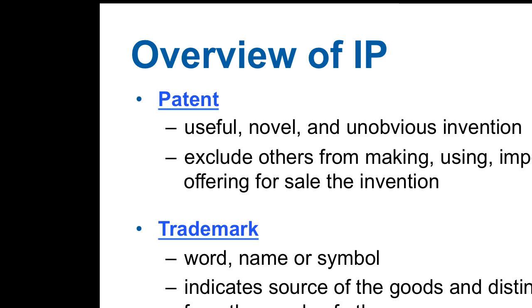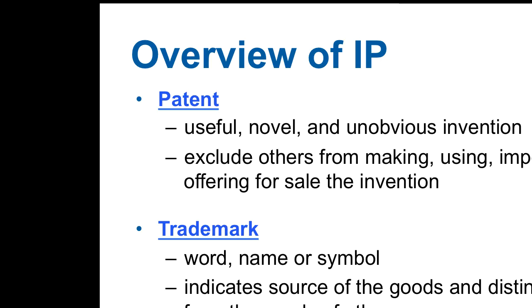So, there are four categories of intellectual property: patents, trademarks, copyrights, and trade secrets. Each one's a little bit different. Patents cover ideas. You have protection over ideas that are useful, novel, and non-obvious. Go through the patent prosecution process, which it sounds like you're all intimately familiar with. Patents don't give you the right to make your products, practice your invention. It gives you the right to exclude others from doing it. And that's a key concept that we'll talk a little bit more about as you get to valuation. But that's something that some folks miss in understanding patents.